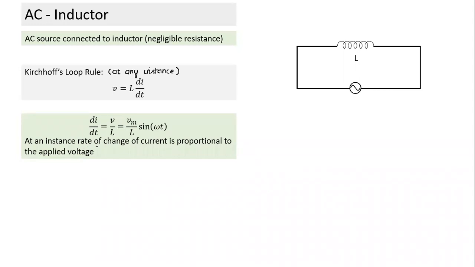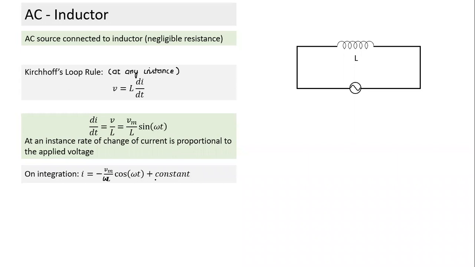And then we can integrate here. Integration is simple. We take dt to this side and integrate. It's not a definite integration. Why not a definite integration? We don't know what the initial condition is. So it's an indefinite integration. When I integrate the di term, I is equal to, simple integration, sorry, minus Vm by omega L, I missed the omega term here, cos omega t, plus a constant, since it is an indefinite integration.